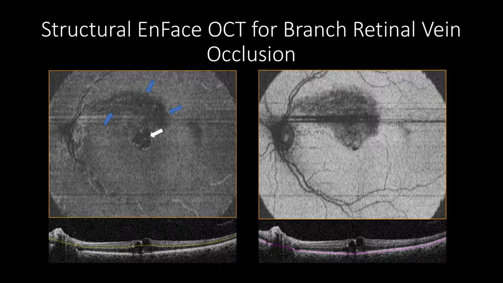This slab will show cystic changes in cases associated with macular edema. The RPE slab will show a hyporeflective lesion due to shadowing from intraretinal hemorrhages. Please note the blink artifact. The structural EnFace OCT on the IPL INL slab can help to follow up resolution of cystic changes post-treatment, as